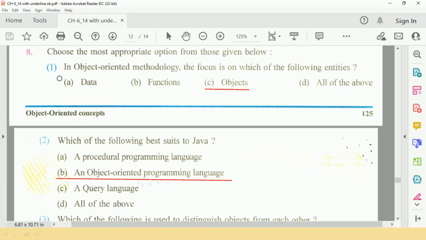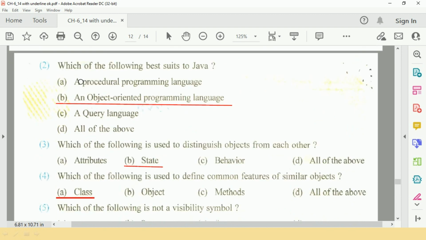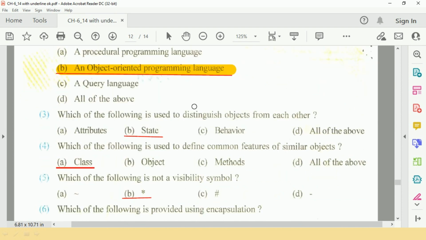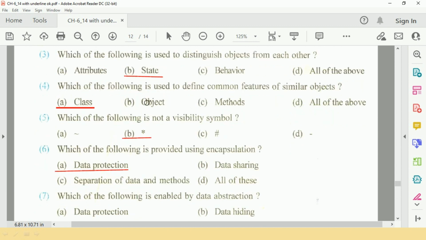First question is in object oriented methodology the focus is on which of the following entities? Option C is objects. Question number 2 is which of the following is best suited to Java? It is B, an object oriented programming language. Question number 3 is which of the following is used to distinguish objects from each other?